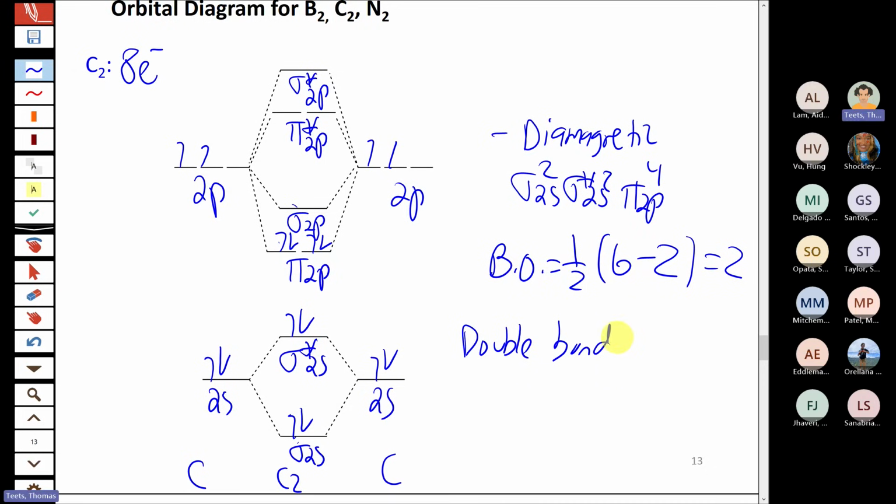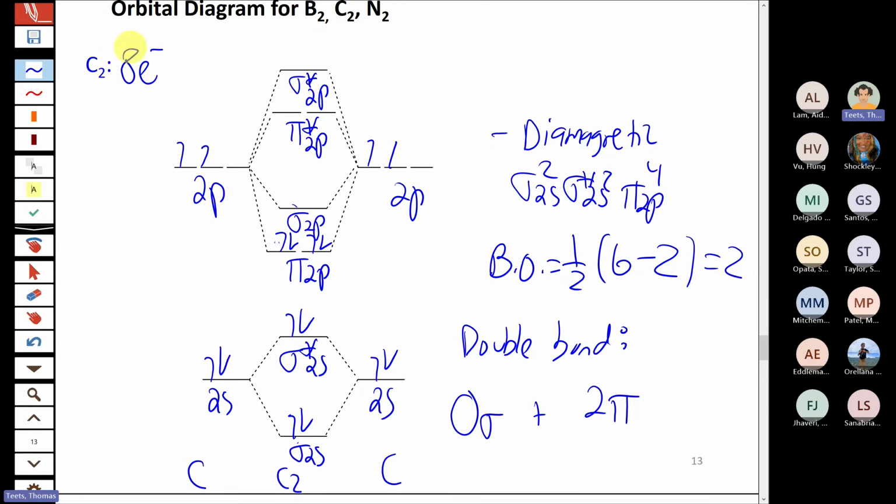But the prediction we would make about the types of bonds are, once again, sigma and sigma star. That bonding and antibonding combination cancels out. So we're left with 2 filled pi orbitals, meaning that we have 0 sigma bonds and 2 pi bonds in C2. Valence bond theory would have said, well, it's a double bond, so it's one of each, 1 sigma, 1 pi. But from the molecular orbital diagram, this is not really a common or stable molecule, as it turns out.